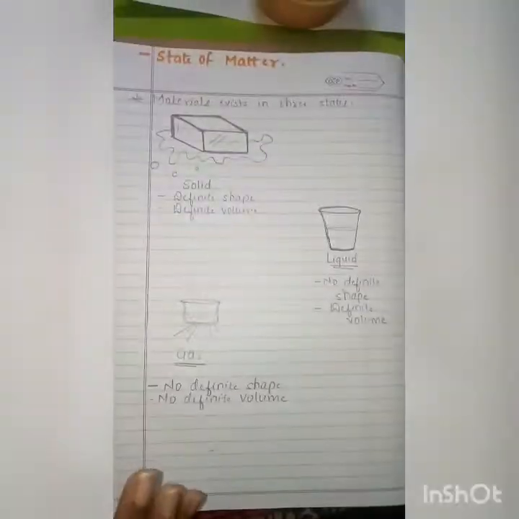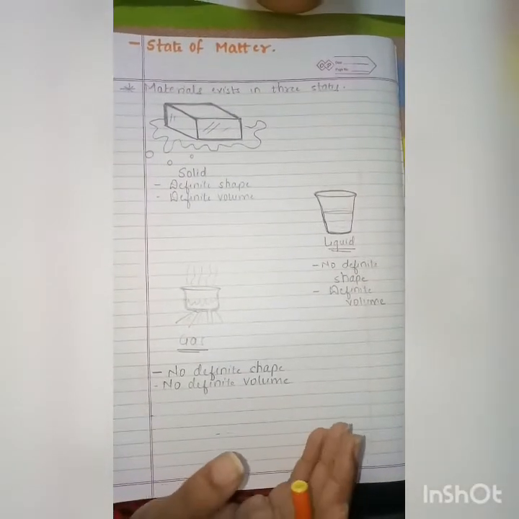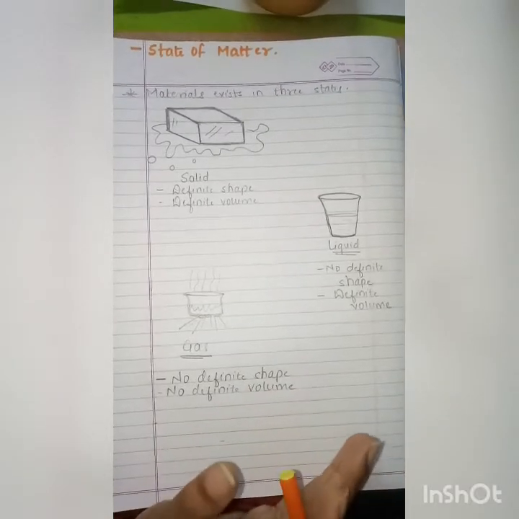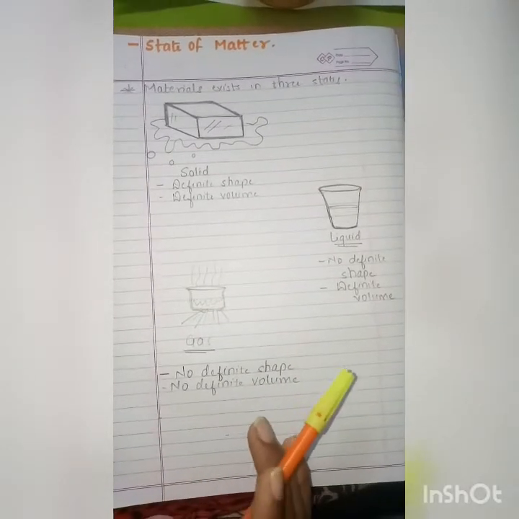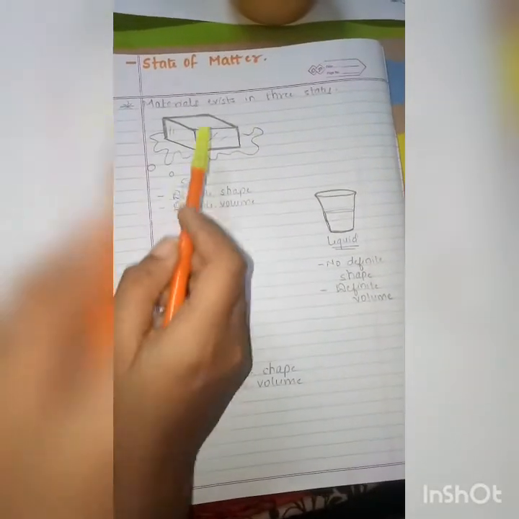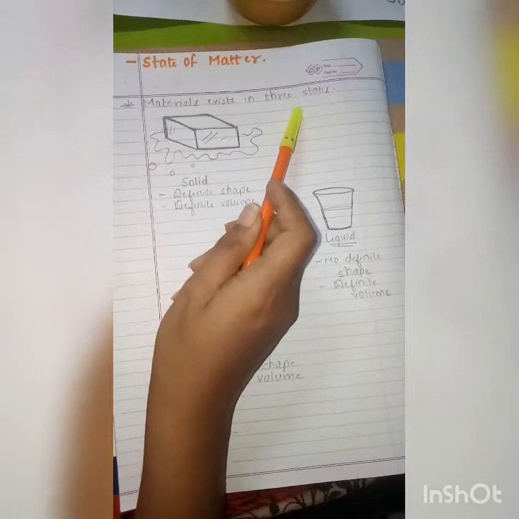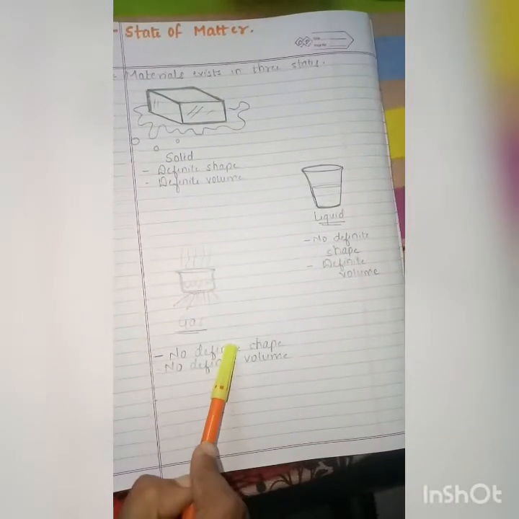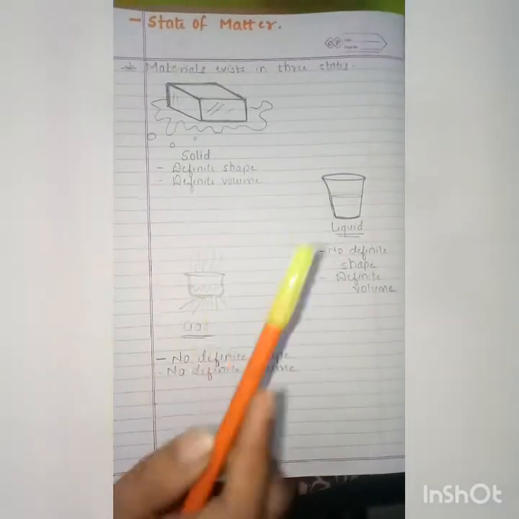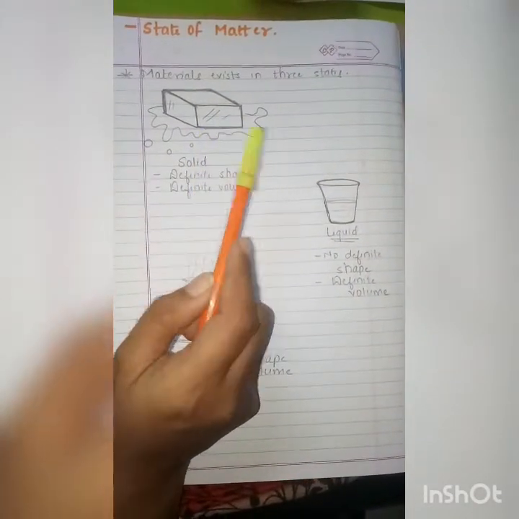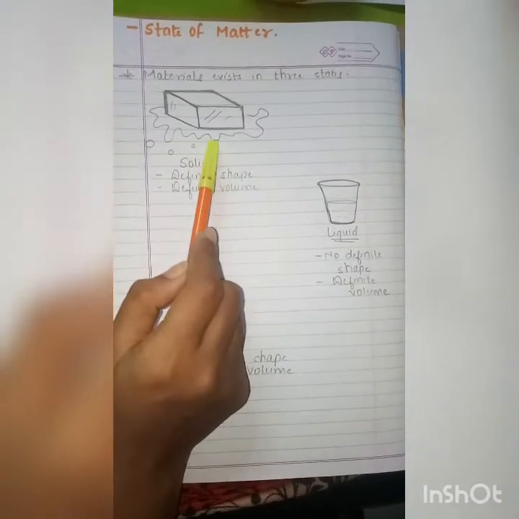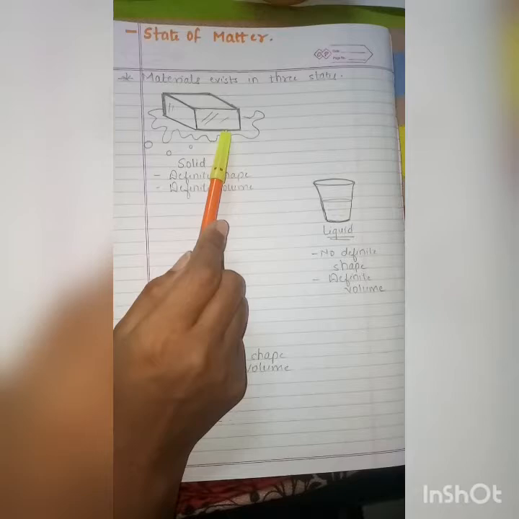Now the next property is solubility, whether objects are soluble in water or insoluble. For that we should understand certain things. We know that materials exist in three states: solid, liquid and gas. Water can exist in all three forms. When you keep water in a tray in the fridge, it will convert into a solid form.